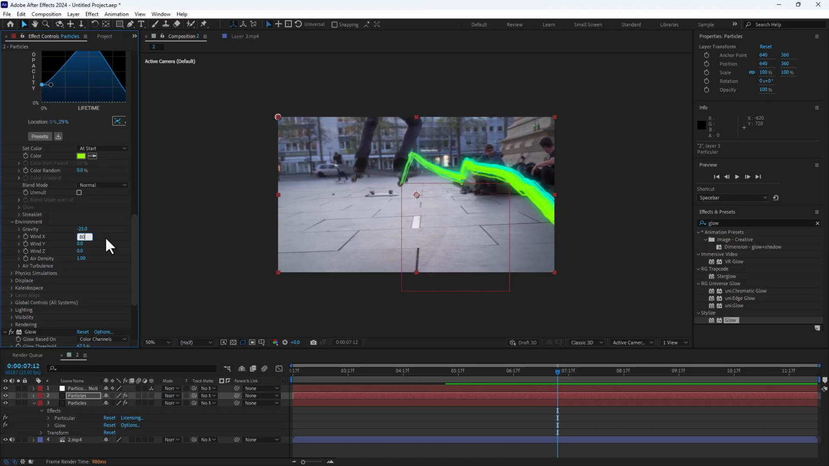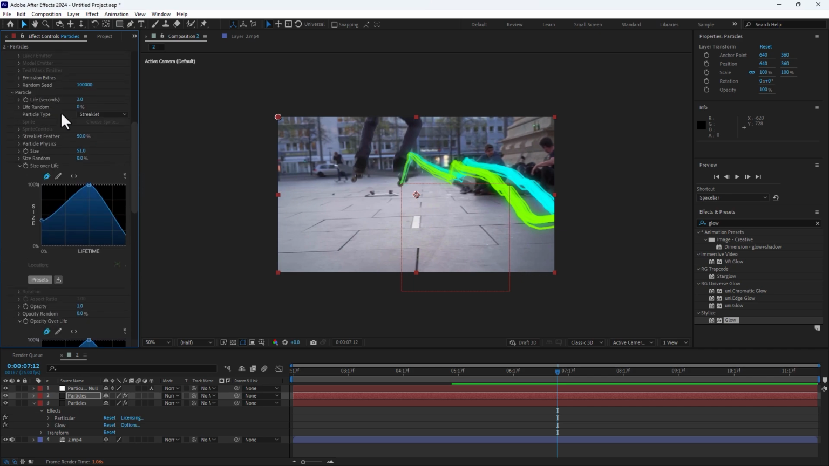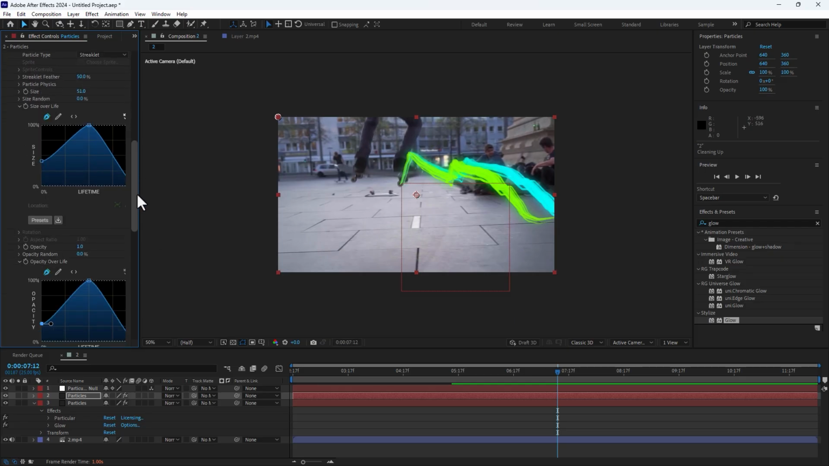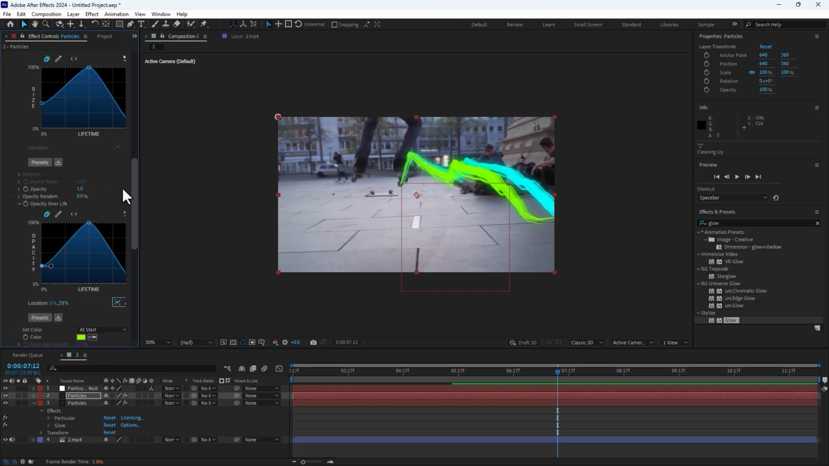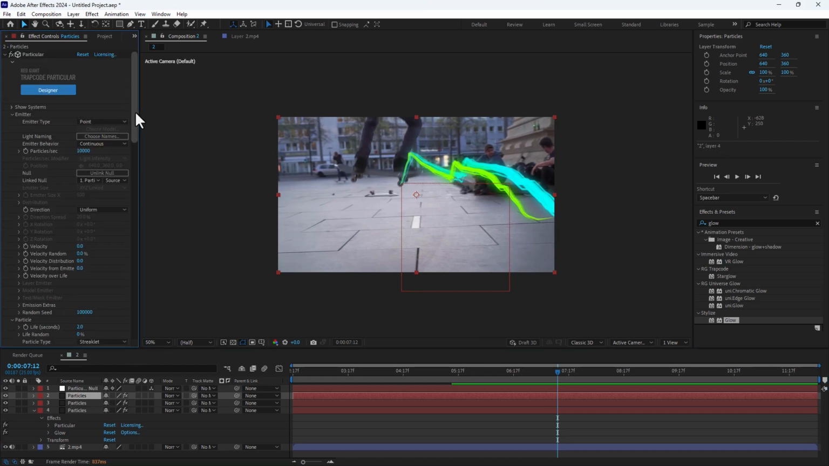Wandex 800 and control life to 2. Good, and let's see about particle size. Take a look, there is the size. Control to 25. Great. So let's duplicate once again to make another one